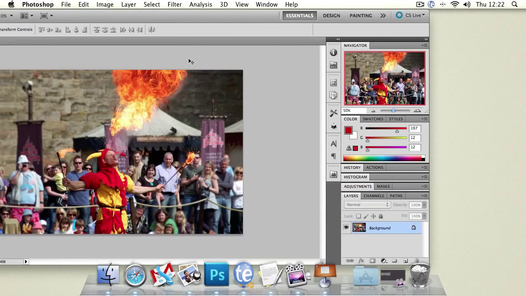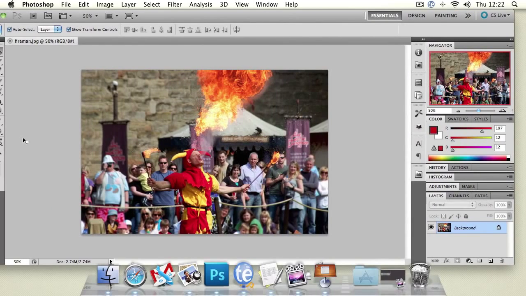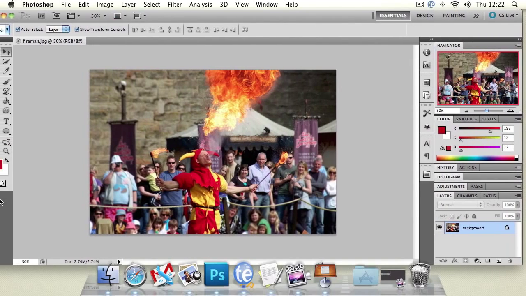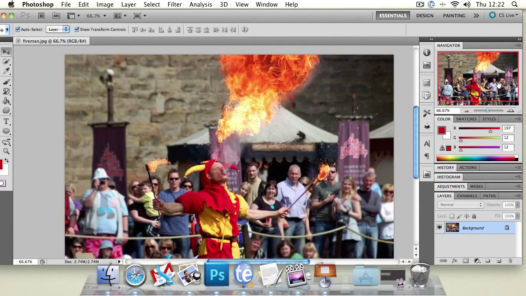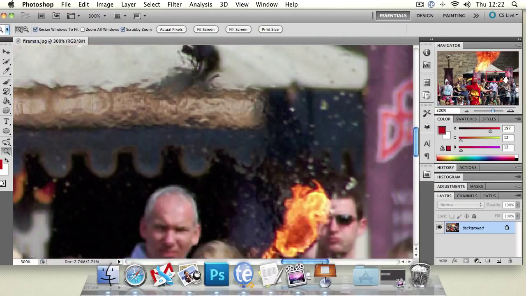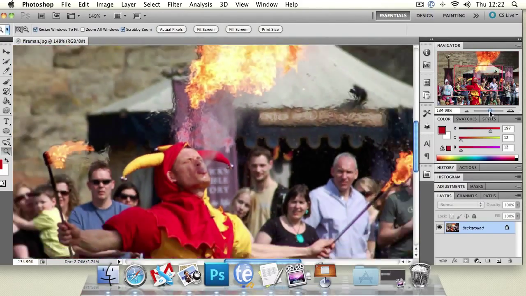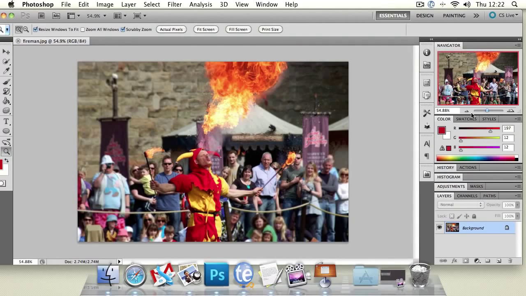Let's open up the image we've been using as our display image. If we go onto the navigator, if we zoom in, we can then drag around using the navigator and navigate around our image. Hence, it's called the navigator. We can also zoom in and out using that. And essentially sidebar panels are just shortcuts and little windows that display the most used, most important settings and